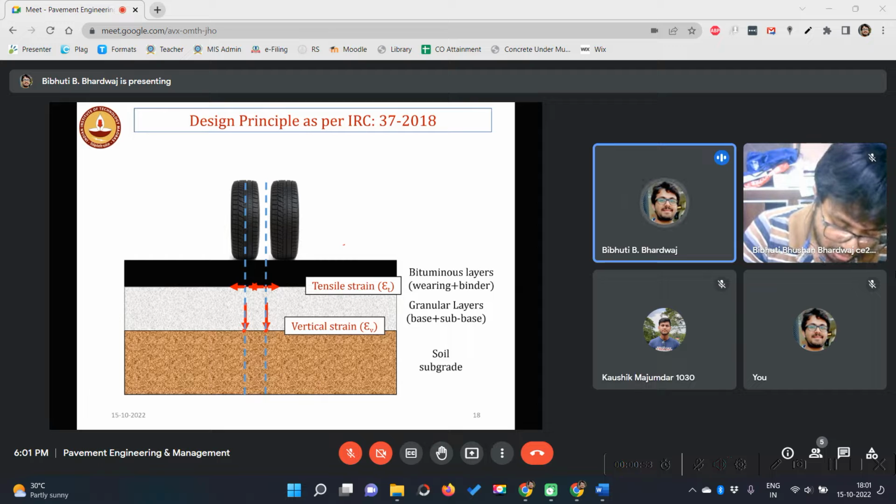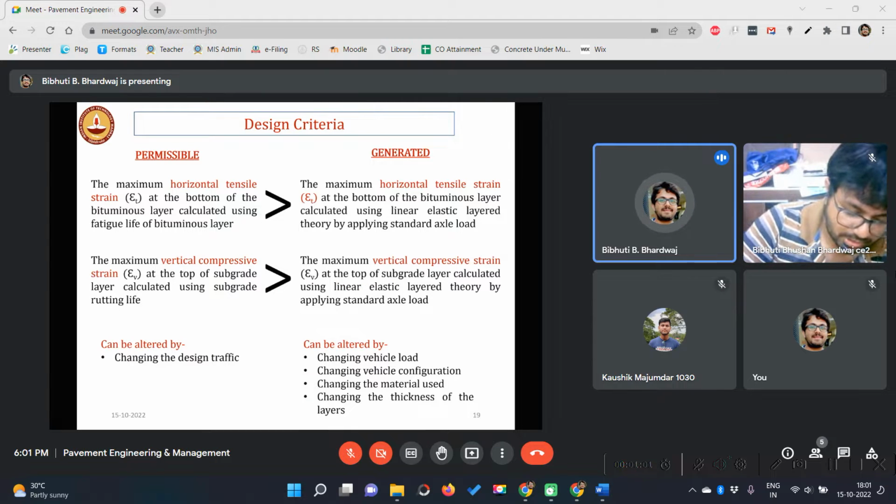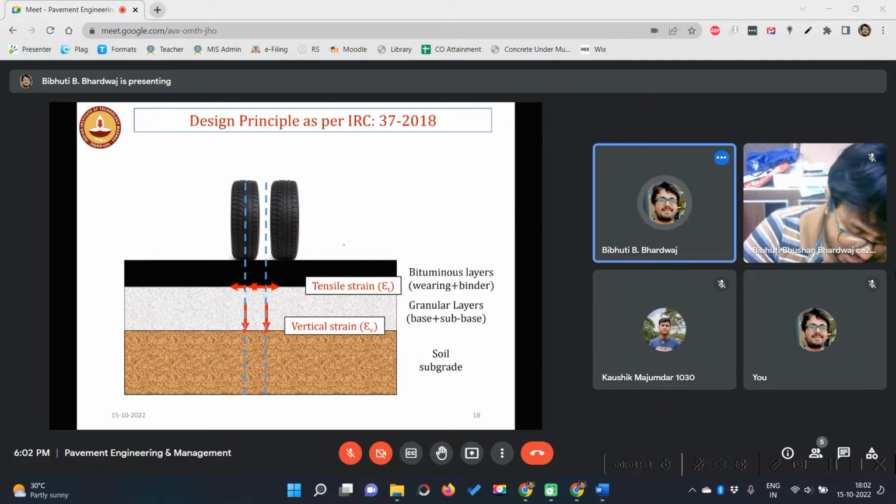So we need to find out the vertical strain at the top of this subgrade and the bottom of these bituminous layers. Now, in order to do that, we also discussed that everything has some permissible limit. Like for these materials, if we use different types of bitumen, different types of aggregate, different types of soils, then all the materials will have